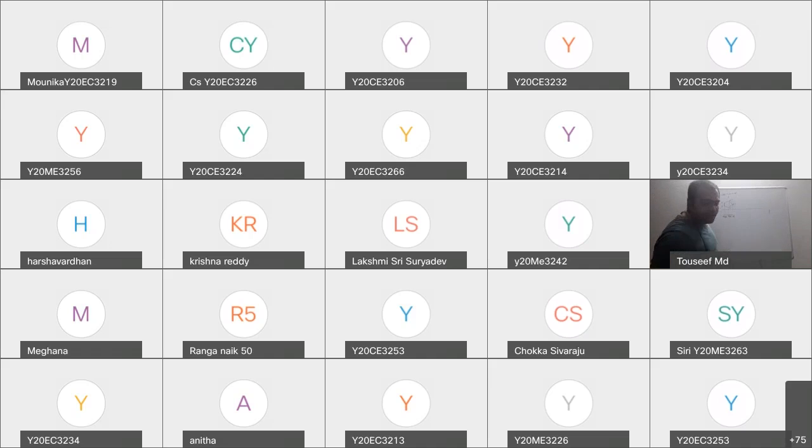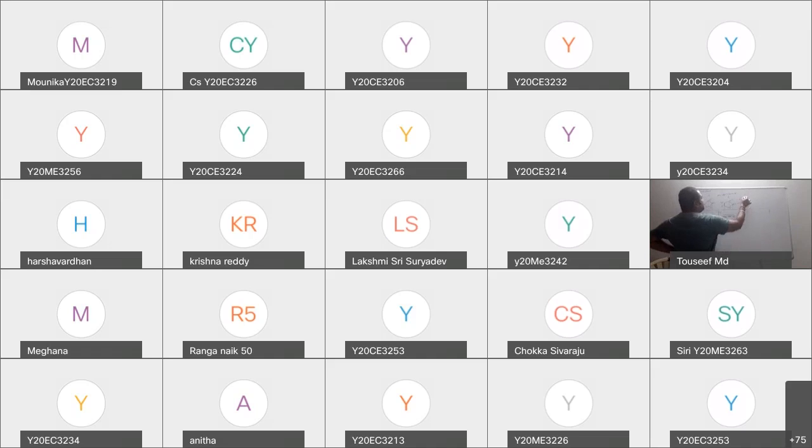Similarly, if you take a hexagon, while you are going to see from the front, it is going to be A dash, B dash, C dash, D dash, E dash, and F dash.